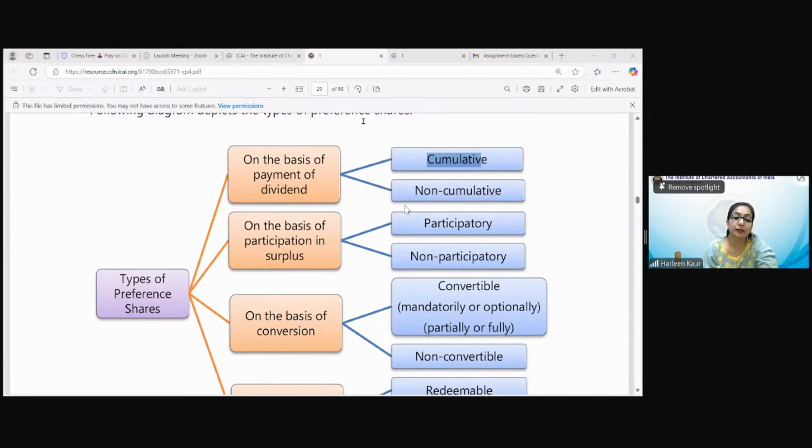So what are cumulative preference shares? If everyone can answer me that. Where the dividend is cumulative and paid together. So if it is cumulative shares, then if I have profits in one year and profits in another year, then my together profit, I'm trying to pay you the dividend in the third year. Then your dividend has been cumulated and together the dividend will be paid to you in the third year. So dividend of previous years will also get paid in the next year. This is the purpose of cumulative dividend.